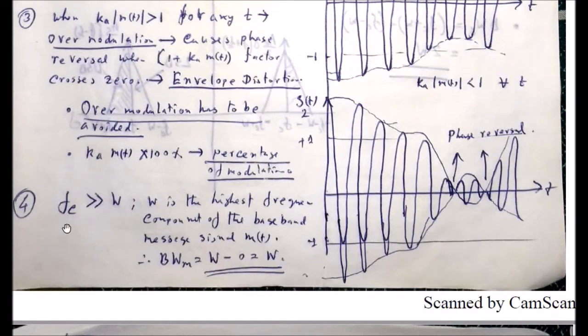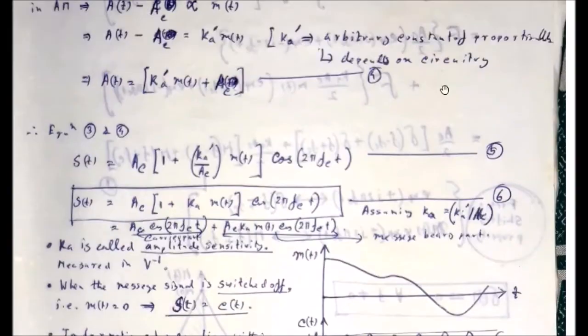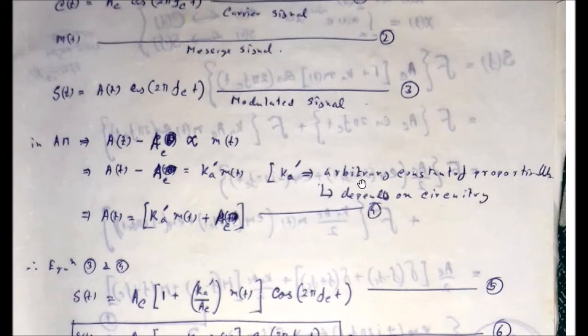Remember that. The next point is that the frequency of the carrier signal should be much greater than the highest frequency of the message signal. The highest frequency of the message signal is W, or you can say that if the message signal is a baseband signal starting from 0 frequency, then the bandwidth of the message signal is also W. Now I have already told you that the frequency of the carrier should be much greater than the highest frequency of the message signal. Why? I will discuss later. These are all about the time domain description of amplitude modulation, its analysis.